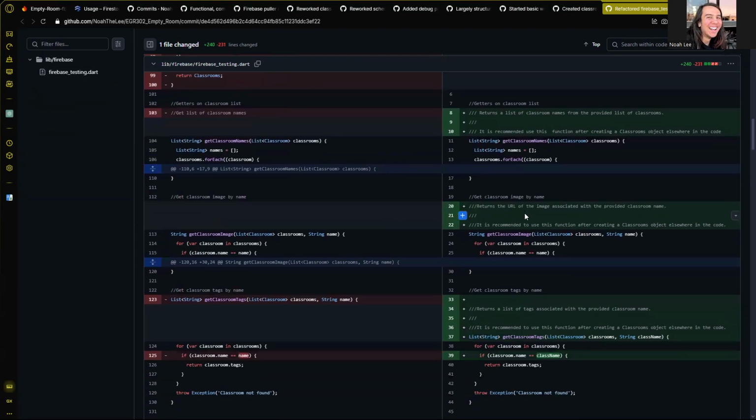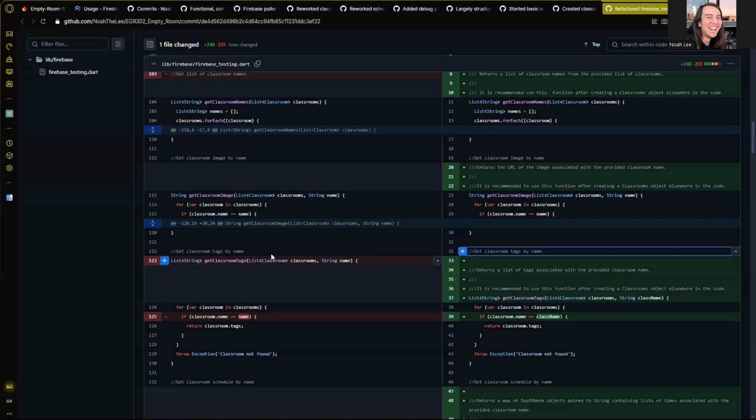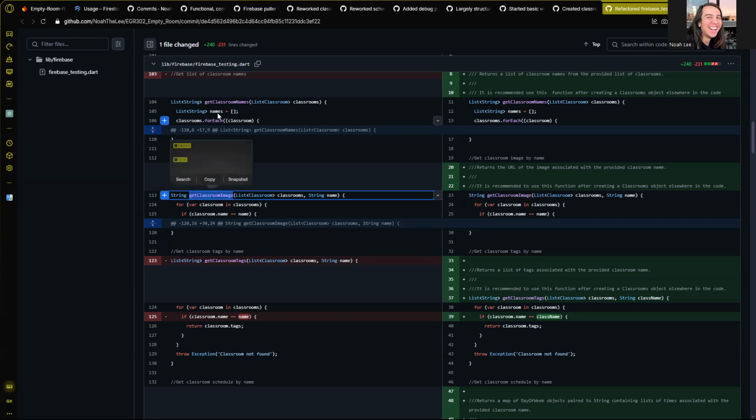A lot of this consisted of adding some documentation and changing the way a lot of these functions work, if I may say, being rather efficient with the way that I set these up. A lot of the functions here still work with a refactored list of classrooms, thanks to the classroom object being created on its own, with its own object, and then just being populated by either pull, moving